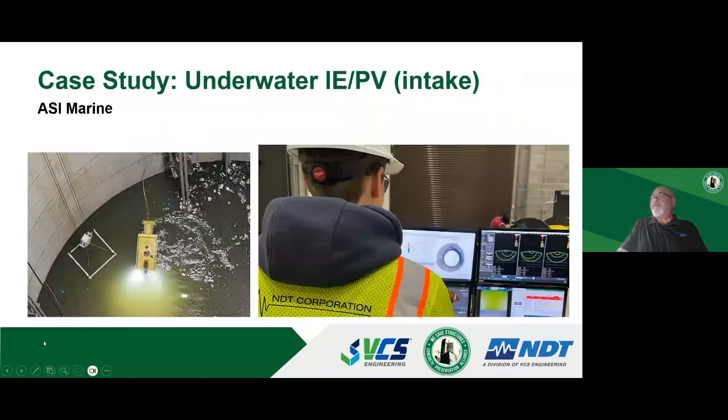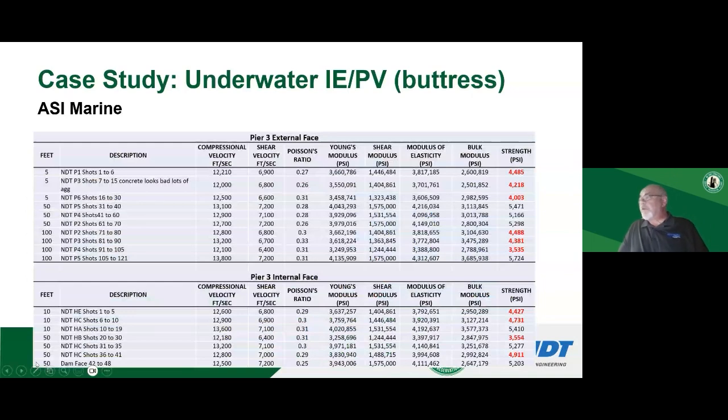We've done a couple of case studies. One here was a new intake structure that was constructed, and they wanted to see what the condition of the concrete was and the thickness of the new concrete. It turns out that the strength was right around the 5,000 PSI that was supposed to be. A couple of them were a little lower than that. We get this information by recording the compressional wave velocity, the shear wave velocity, Poisson's ratio, Young's modulus, bulk modulus, et cetera, to get to